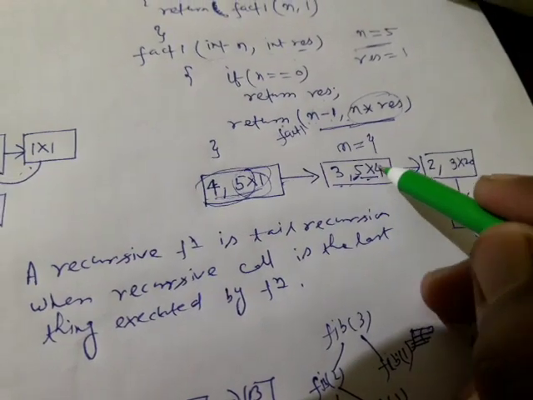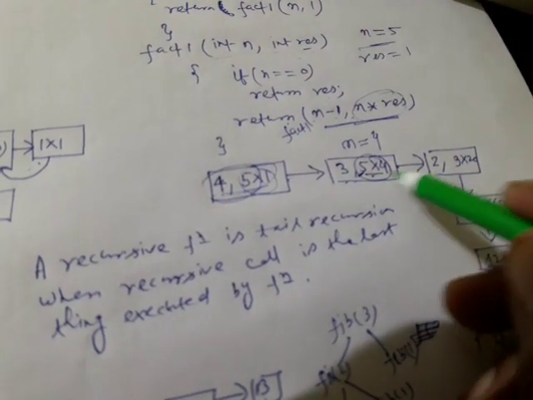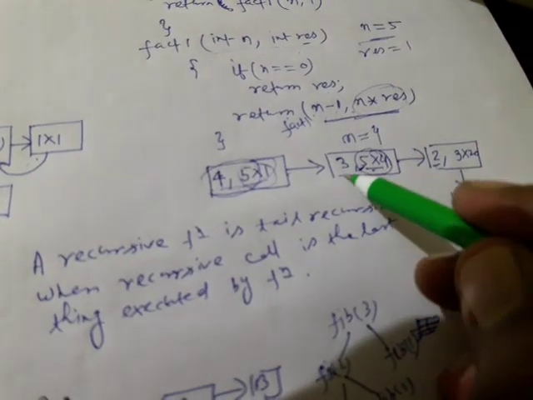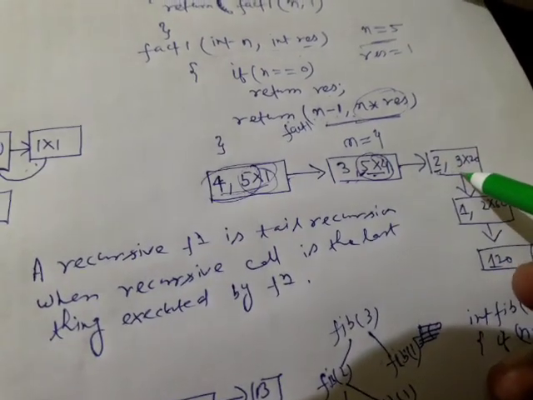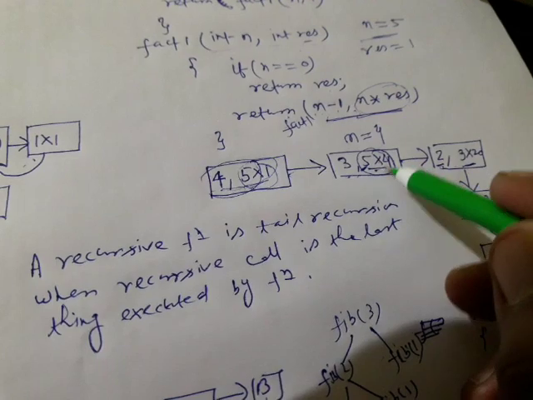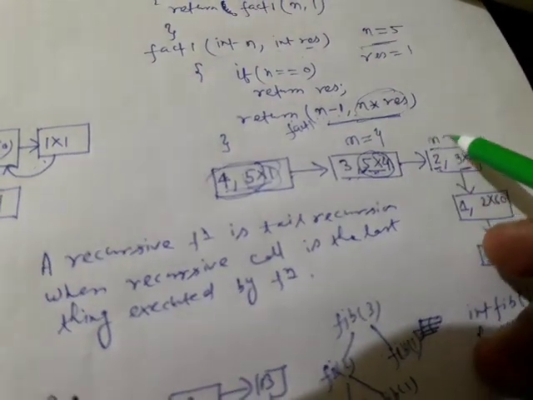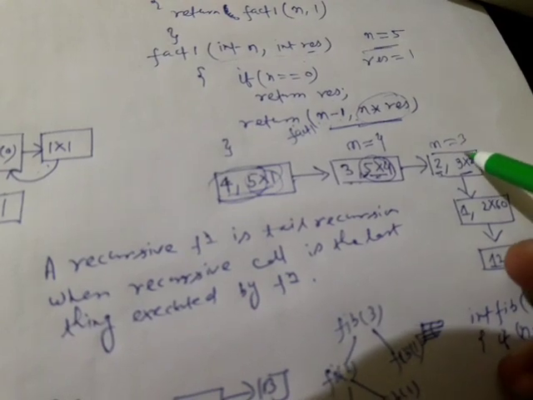Now you can see that 20 will be stored in result there. In this call, 2 will be there because n minus 3 is there, so it becomes 2, and 3 multiplied by 20, because here result is 20. 20 multiplied by n, which is 3 there, so 60 will be stored in